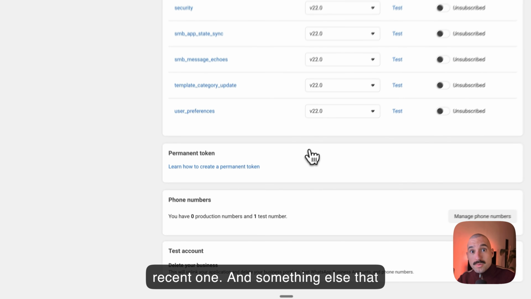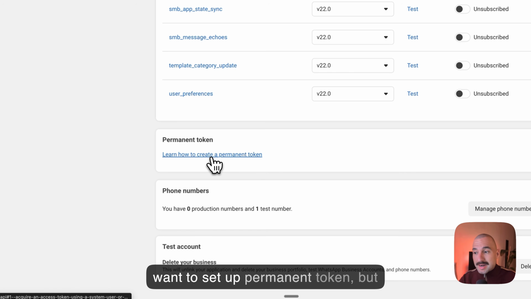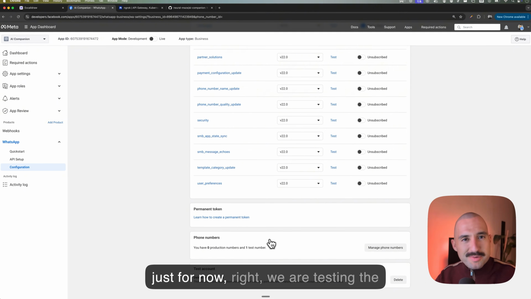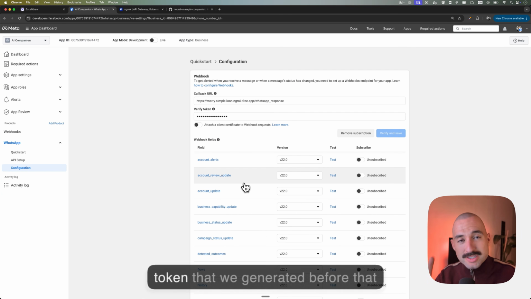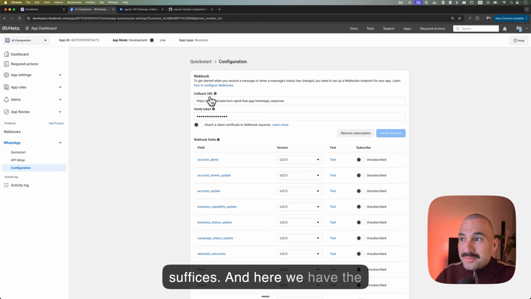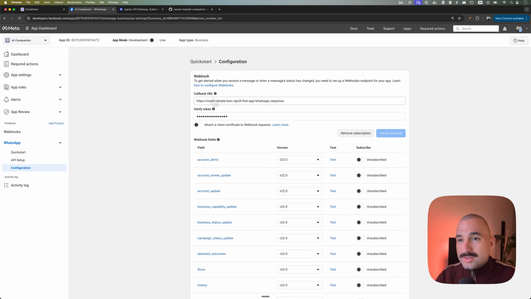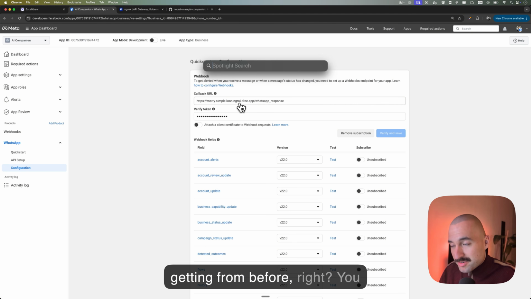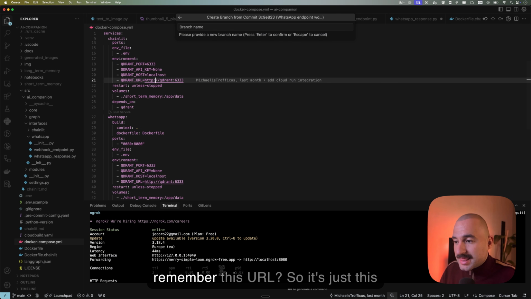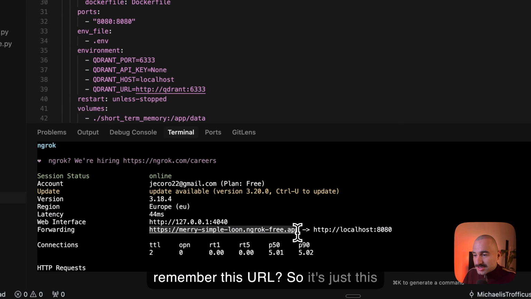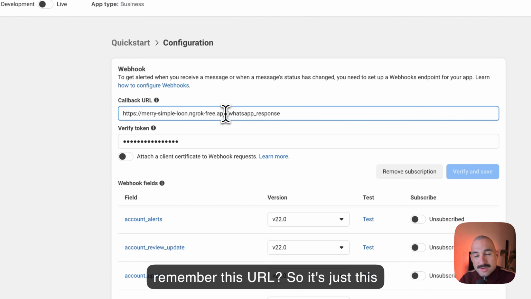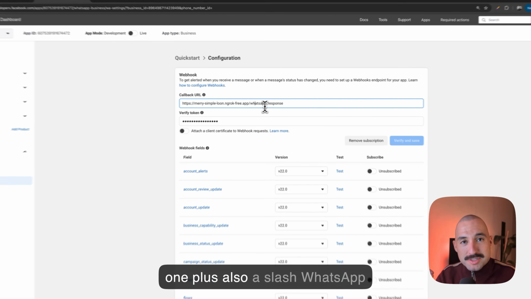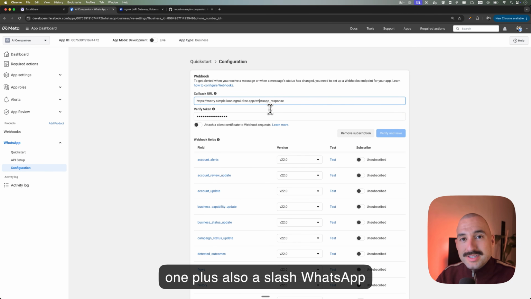And something else that you want to do in production is set a permanent token, but just for now, we are testing the token that we generated before. That suffices. And here we have the callback URL. So this is the ngrok URL that we were getting from before, right? You remember this URL? So it's just this one, plus also /whatsapp_response, which is the endpoint that we